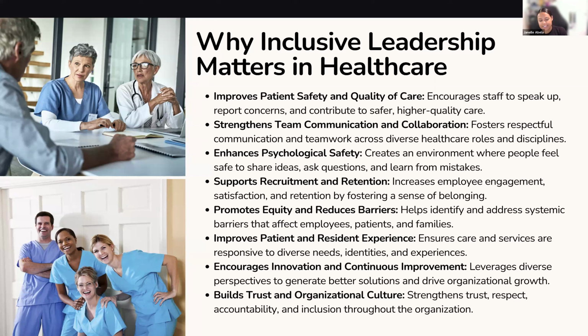So first, it's really important to recognize that leadership is a behavior. It's not just a title. It's not because you're in a certain role, you are a leader. You may be in charge of people, you may be able to control them, but that doesn't mean you're a good leader or exhibit leadership behavior. Inclusive leadership, we know, is tied to stronger patient care, better team engagement, and your workplace culture. Because when we have inclusive leadership, we're listening to diverse perspectives, which allows us to improve our decision making and our problem solving. And when we have teams that can be heard and seen and valued through psychological safety, they perform better because they are now involved in that process.